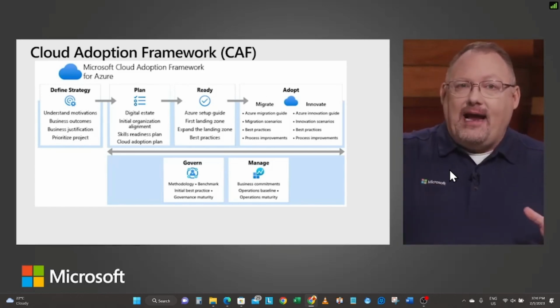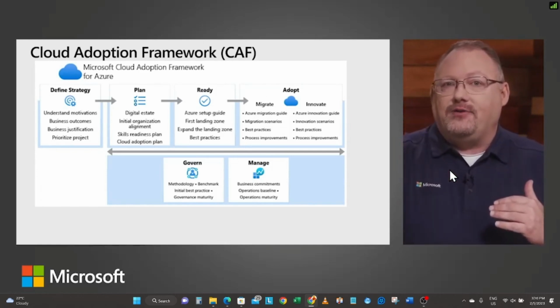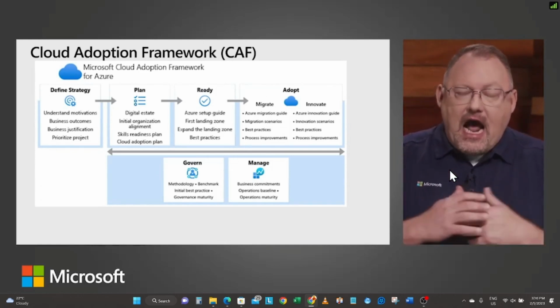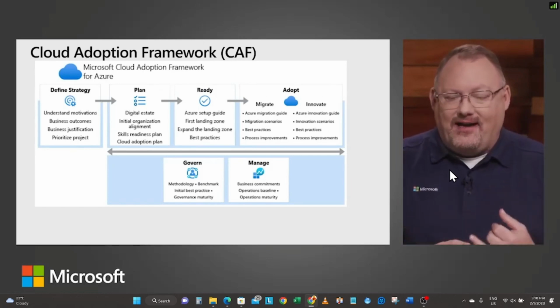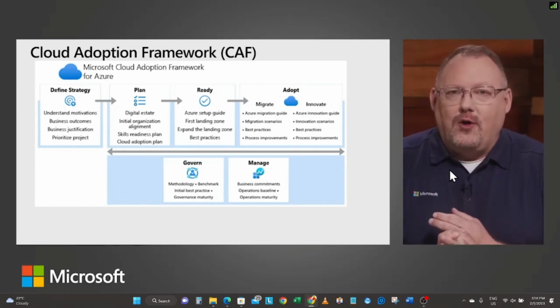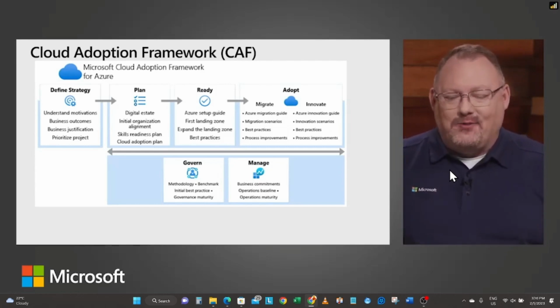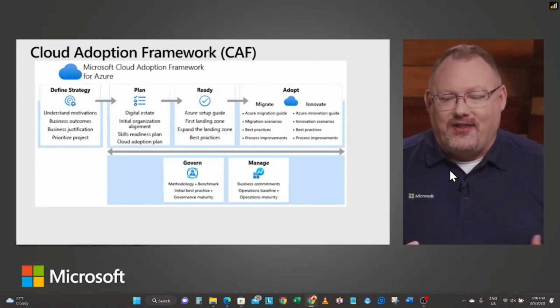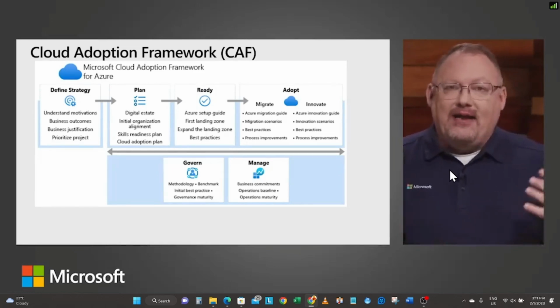Now, granted, it's still in Azure, and if you do a lift and shift, some of that readiness is still baked in, but they have to know how to get to those resources. How do we set these things up? If you've never worked with Azure, what does that look like? How do you get things up and running? What's going to be your first workload that you're going to move, your first area that you're going to create? We call them landing zones. And what are some best practices for that? And then how do we adopt that? How do we migrate those tools? How do we innovate this?